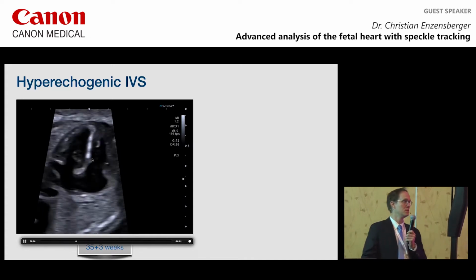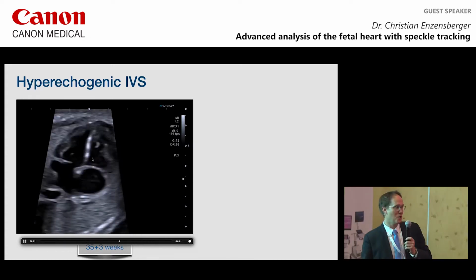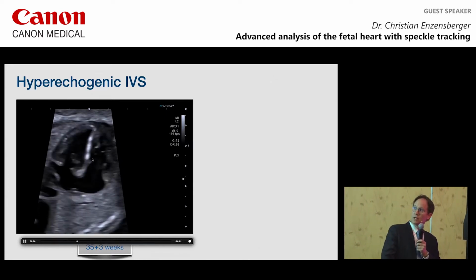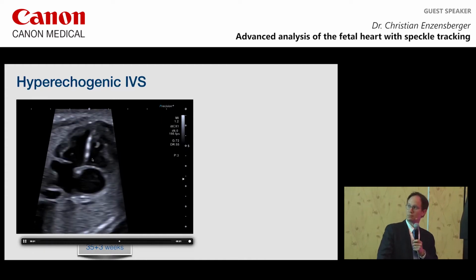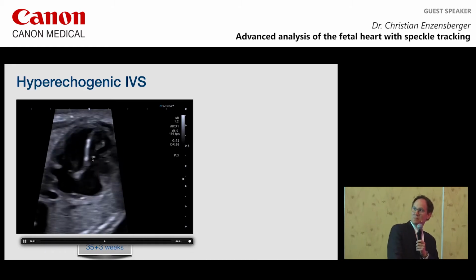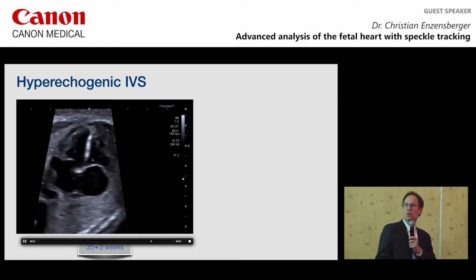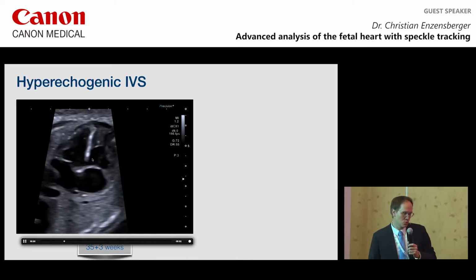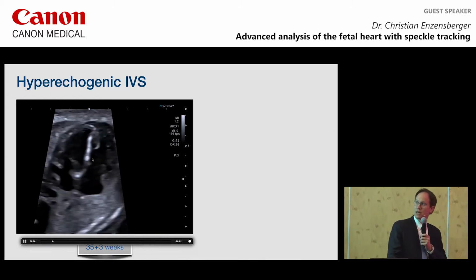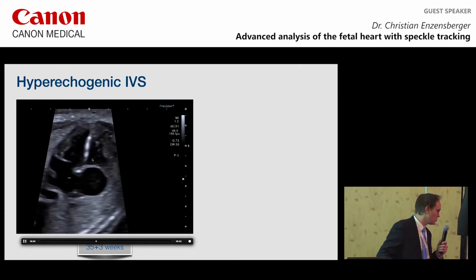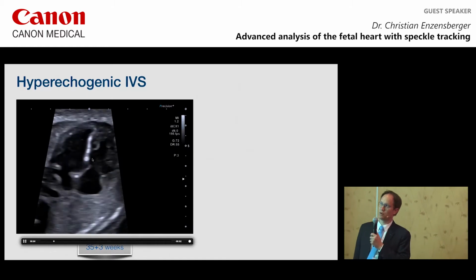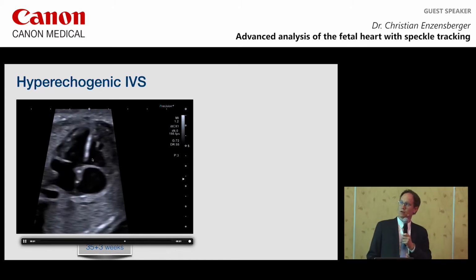Patient upset. So we got our pediatric cardiologist. He said, I don't know what it is. Patient still upset. So we said, okay, we have this tool and we want to see. Obviously, it looks like an endocardial fibroelastosis. That's the reason why we first looked just at the morphology, and what we could see